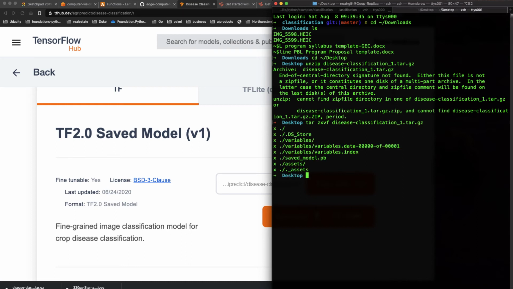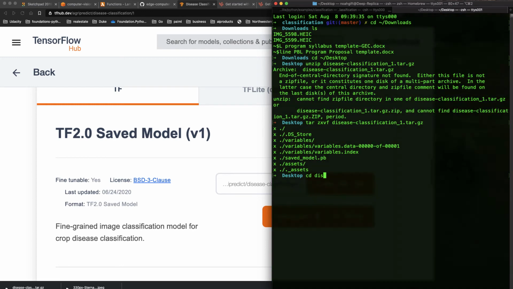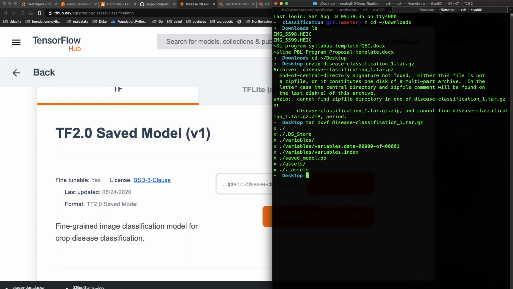There we go. And you can see that it has, inside of here, the different assets. So if we go to assets, change into,